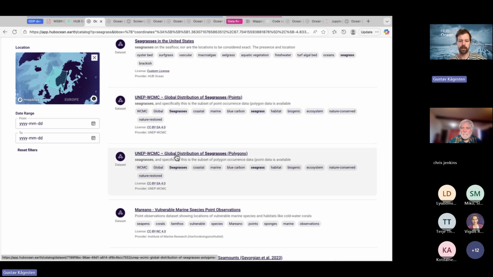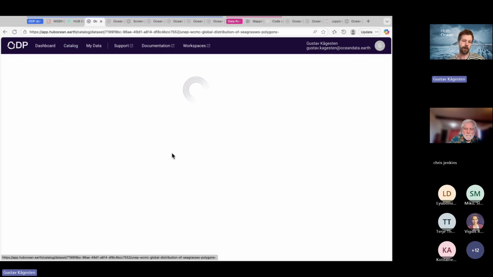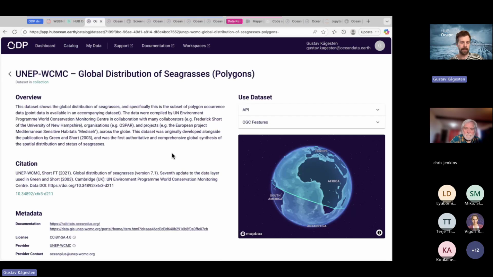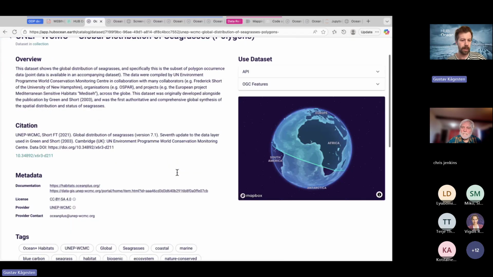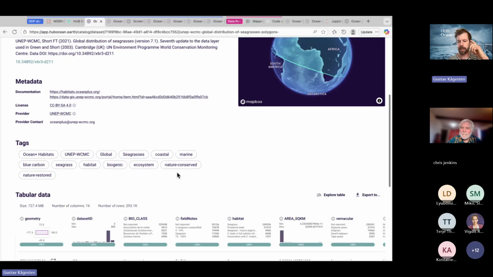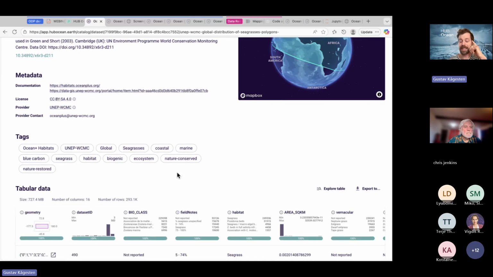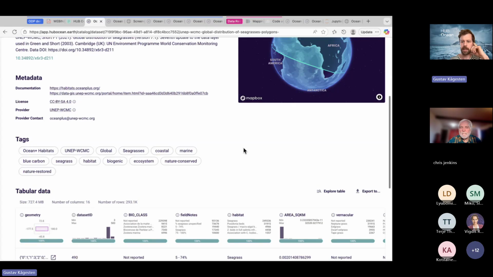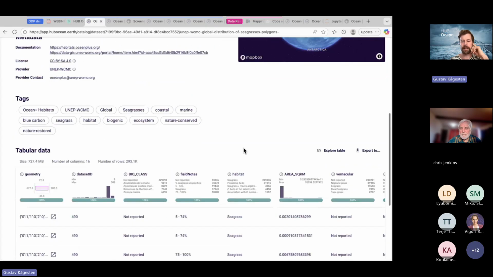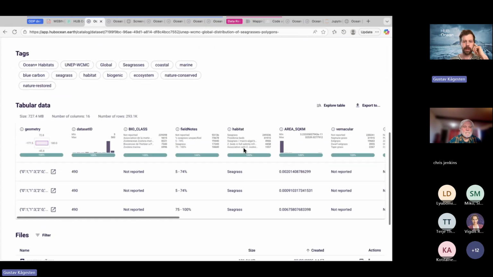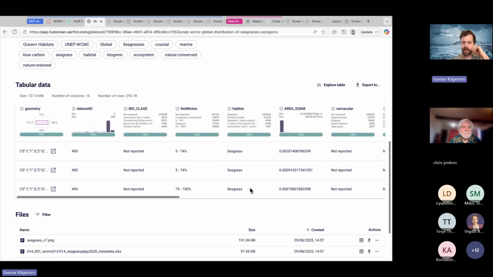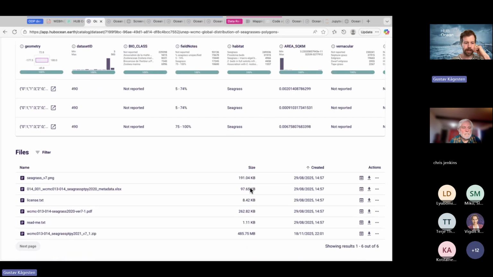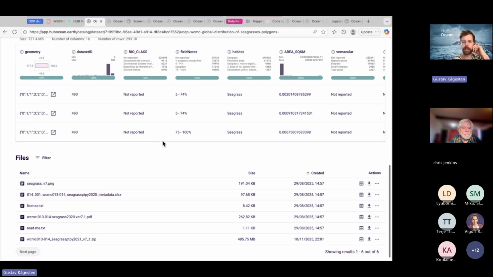So it's at the moment not searching inside the data itself, but this is the kind of thing that the speed, that is currently increasing quite a bit in the next round, allows us to do. But currently it's based on the metadata that has been developed. So again, it's another example of a data set with seagrasses. This is a global one. It has some additional information, and we can visualize that.